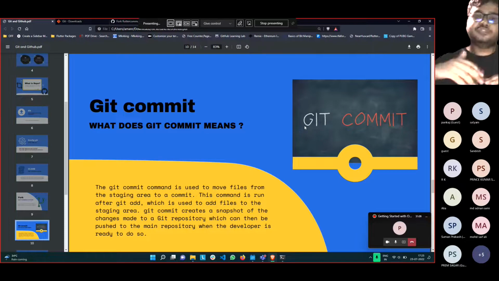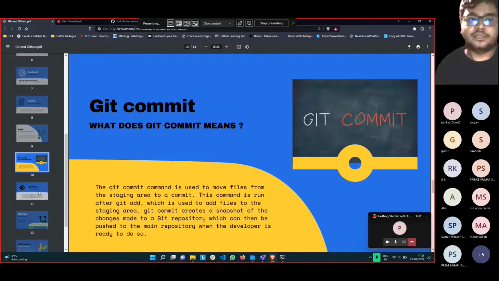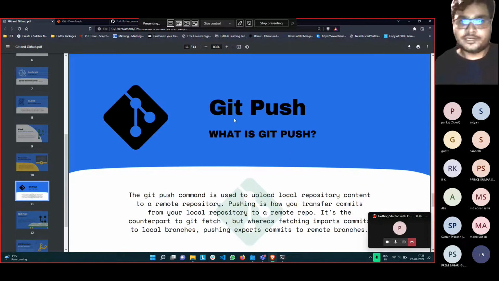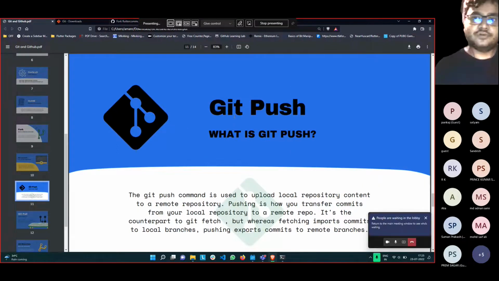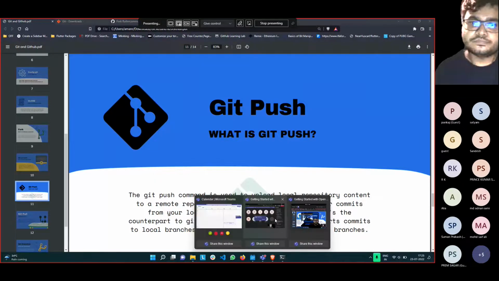So in future, if you mess up your code, you could just come back to this particular point where you have committed the code. This is what git commit is all about. And what is git push? Git push is basically, if you have a GitHub account, you could push your code to